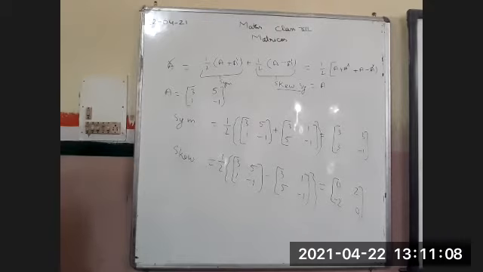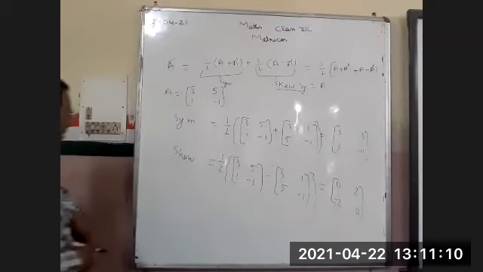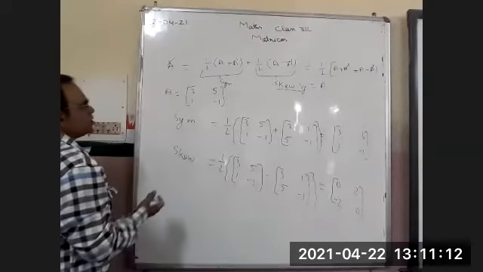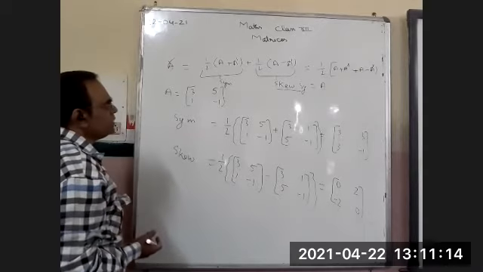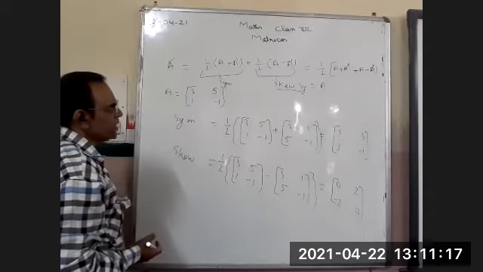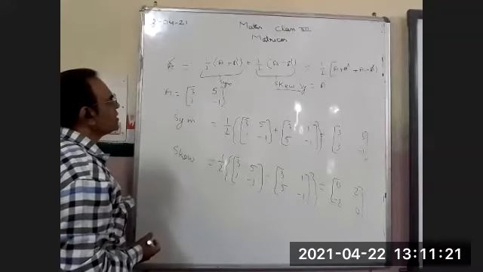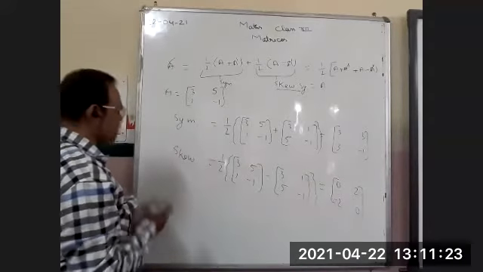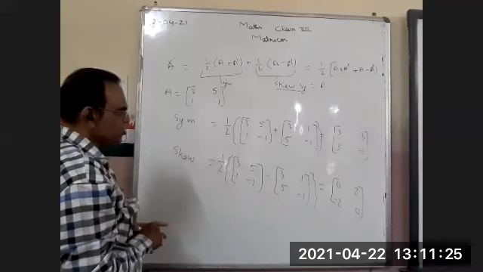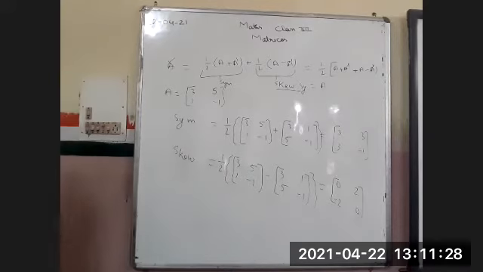This method you have to remember, how we will solve. ठीक है, it is a 2 by 2 matrix. In a 3 by 3 matrix you have to take care of the corresponding elements you have to add. Generally, if you make hurry, then you may make mistakes. Otherwise, if you do it carefully, it will be simple. So question number 9 and question number 10, it is easy, you can do yourself.